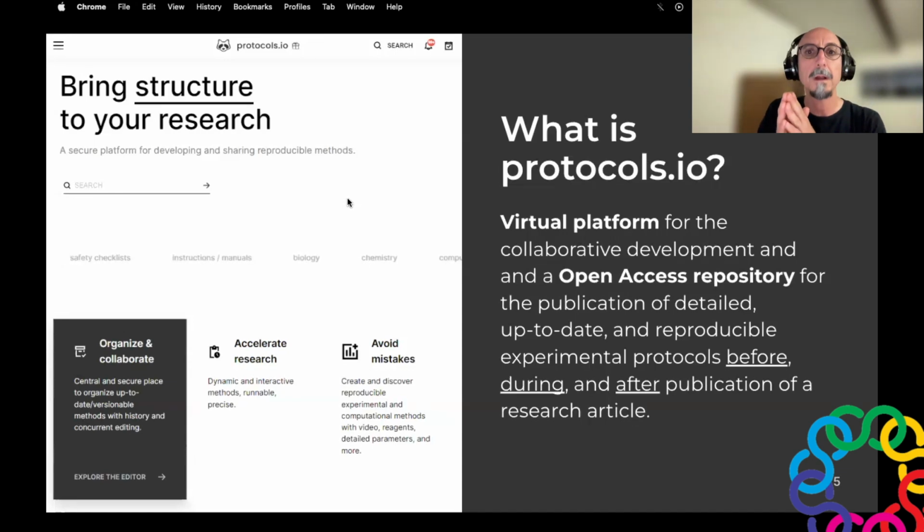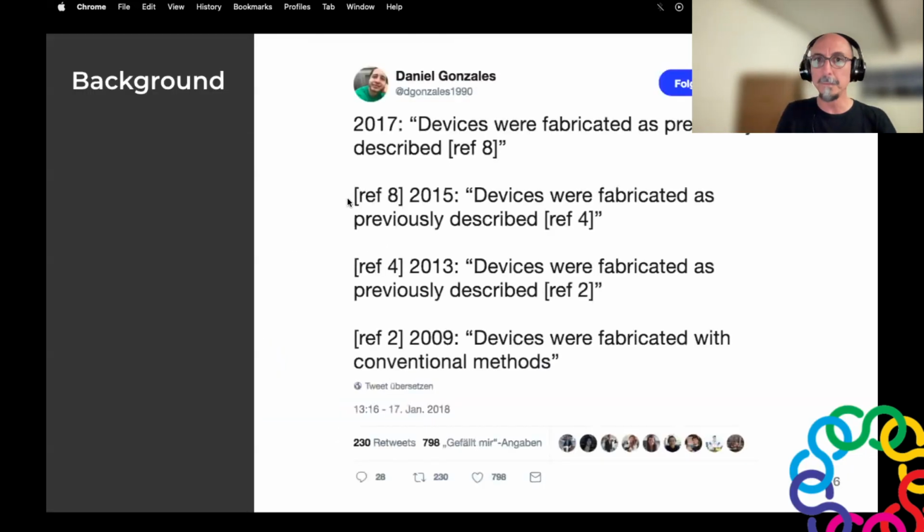It is a virtual platform for the collaborative development, sharing, and publication of detailed, up-to-date, and reproducible research protocols before, during, and after publication of a research article. We have collected a series of tweets to set the background, and these tweets comment on the difficulties and frustrations of trying to replicate previously published experiments.